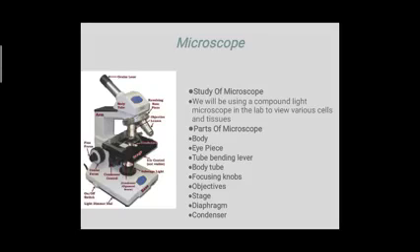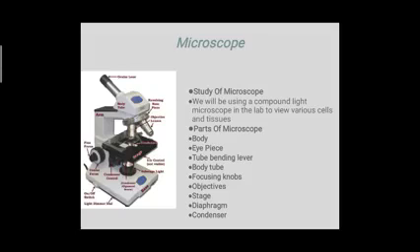In practicals, we will be using compound microscope. You have to memorize different parts of microscope and know about its functioning. First of all, there is body. A monocular microscope has one eyepiece, just as you can see in the diagram, and binocular microscope has two eyepieces. What is eyepiece? This is a plastic or metallic tube which contains a convex lens, and their magnification can be 5 times, 10 times and 15 times.